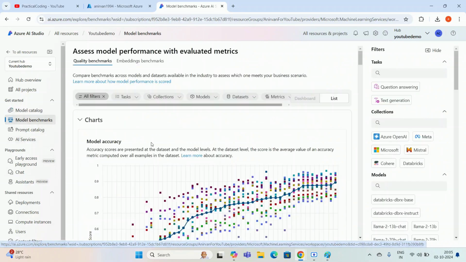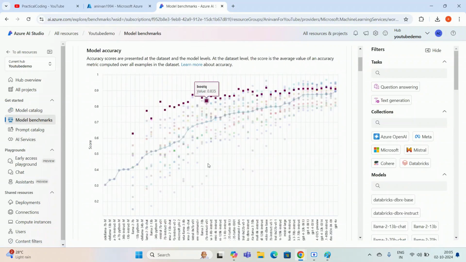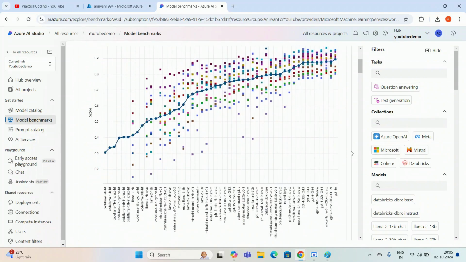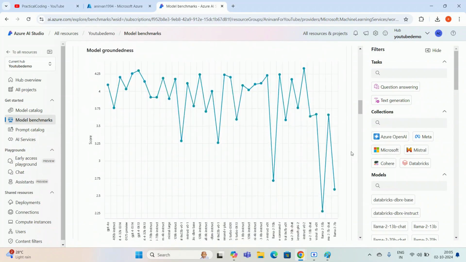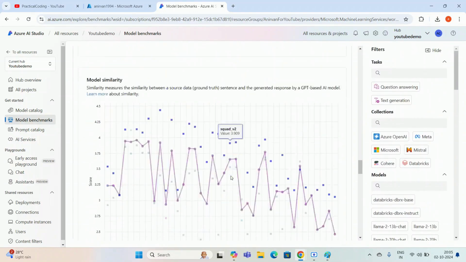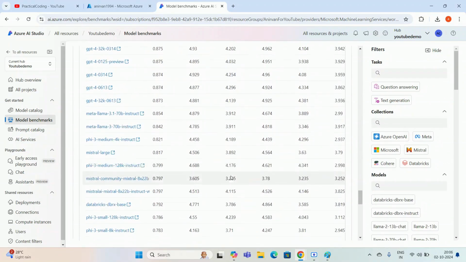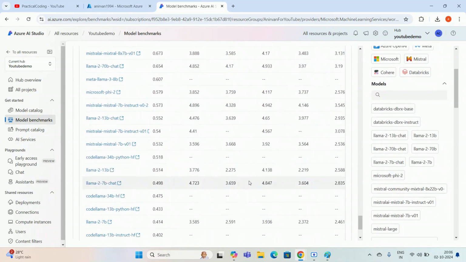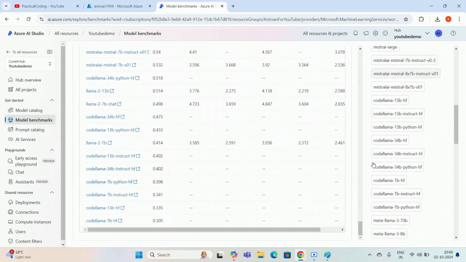That is again some documentation they have provided. This is the model accuracy. They have provided some scatter plots. You can easily go through this and try to understand. It may not be possible to understand each and everything, but you can go through this. It will take time to understand and go through all the documentation.